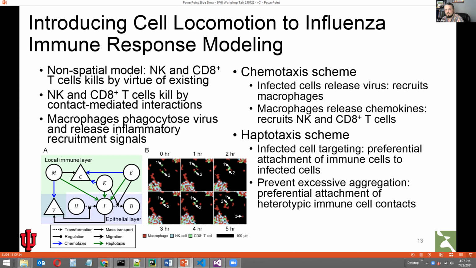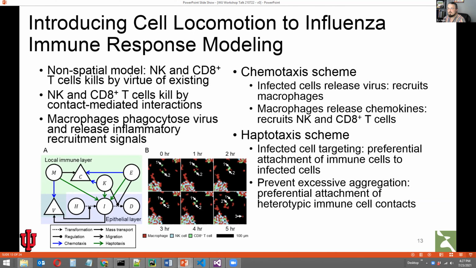In the case of something like viral infection and immune response, certain immune cells will induce apoptosis in infected cells through contact-mediated interactions. There are ways to write those interactions in a homogenized sense for a set of ODEs.